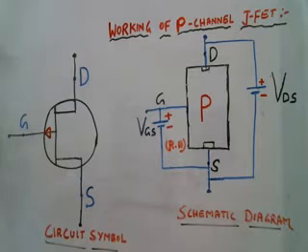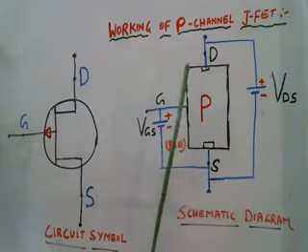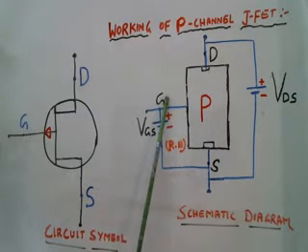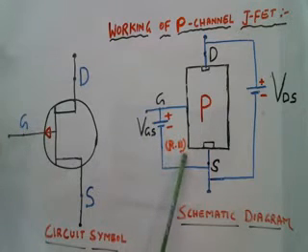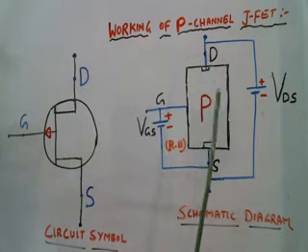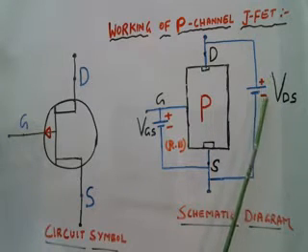It consists of three terminals. This is the source terminal, the terminal through which charge carriers enter the device, and this is the drain terminal, the terminal through which charge carriers leave the device, and the gate terminal, which forms a PN junction with the P channel. The voltage between the gate terminal and source terminal is called VGS, and VGS is always reverse biased, whether N channel JFET or P channel JFET. The voltage between drain and source is VDS, and the drain is always positive with respect to source.